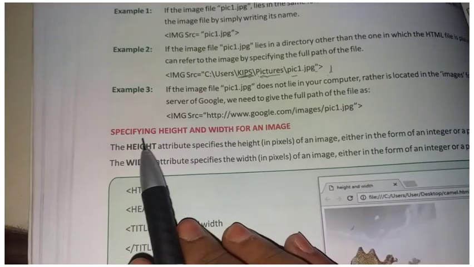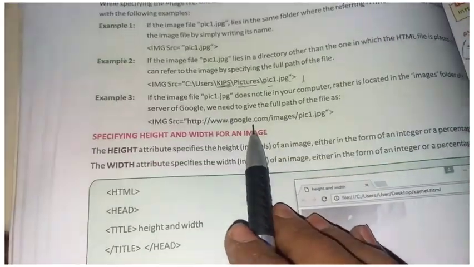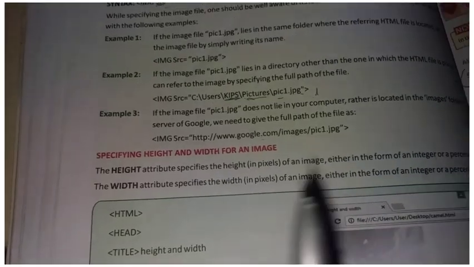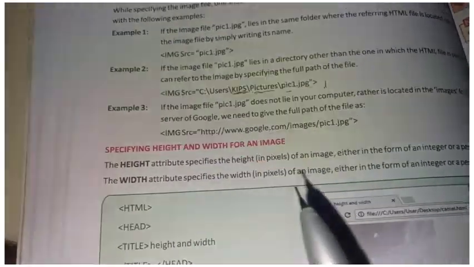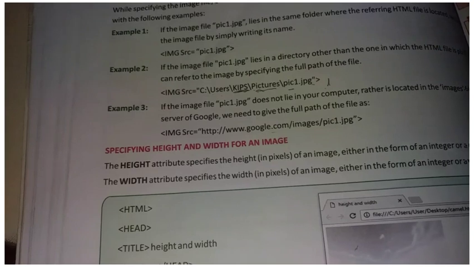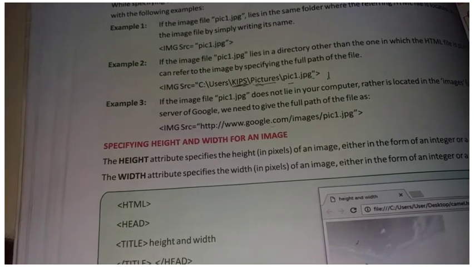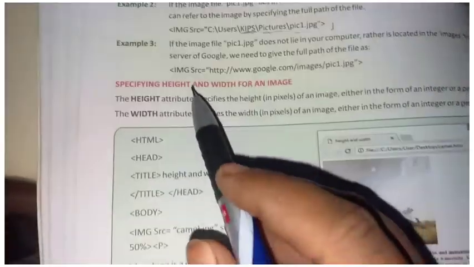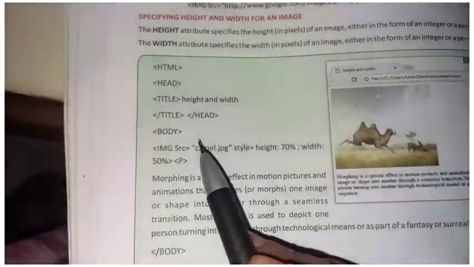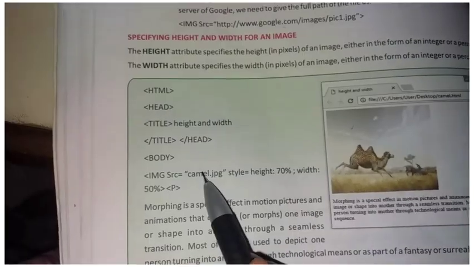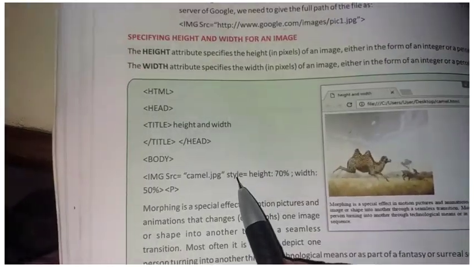How to specify height and width for an image? For an image it will take pixels, because an image is considered in pixels. Px is nothing but pixels. So how do we specify height and width? In the image tag we specify the source, the path of the image, and the style.